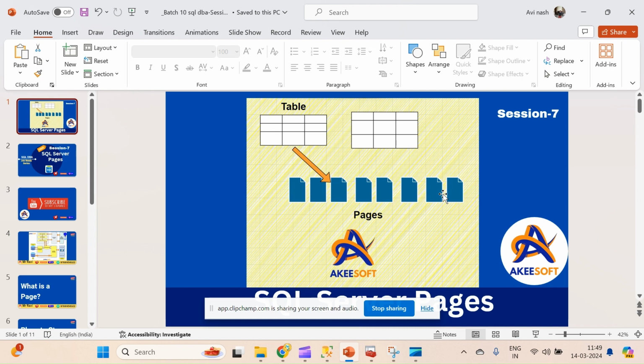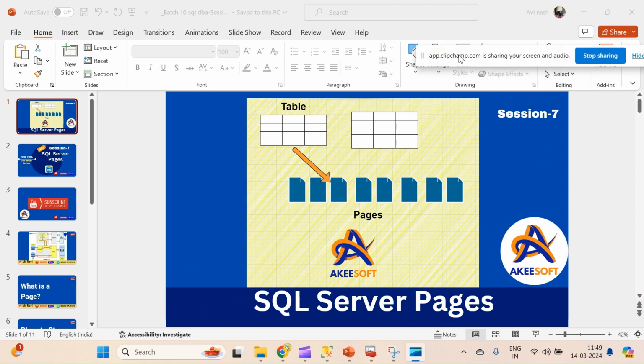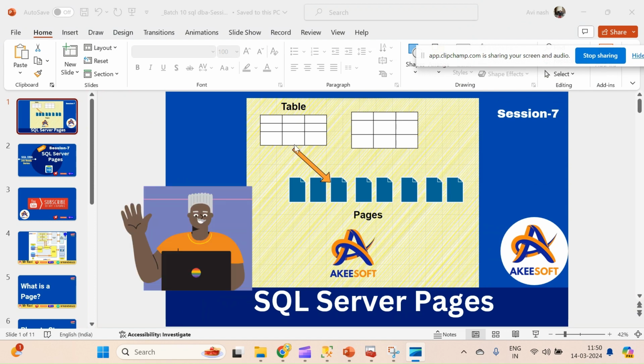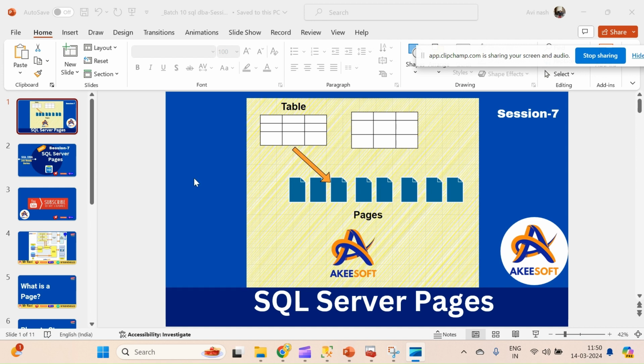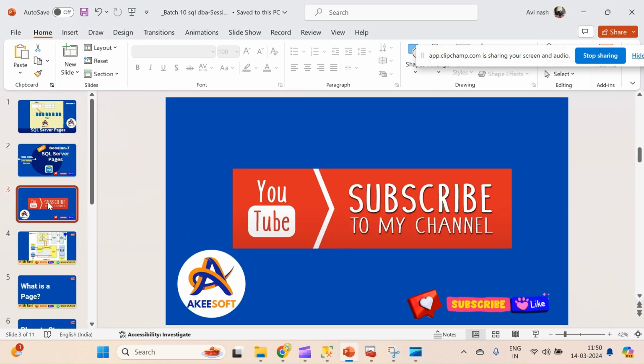So for this session, we are looking into the concept of SQL Server pages and the database architecture, what is included in the database. So to start with, this is the interface or graphical representation of the pages and the table. And if you see here, okay,